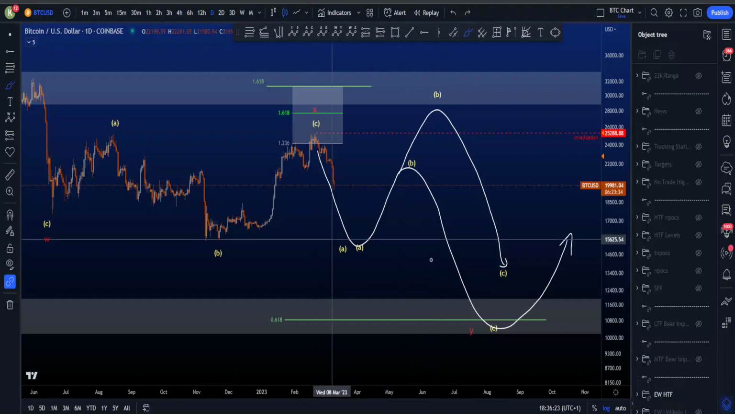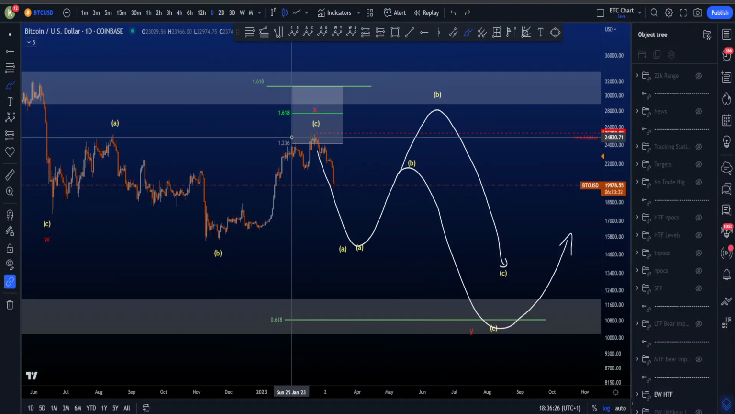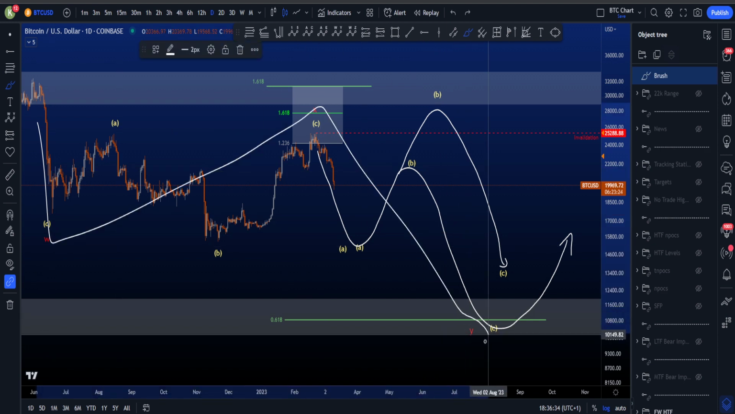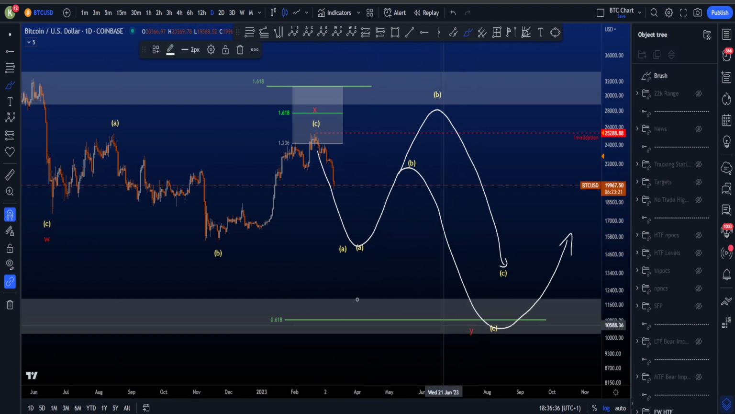Hi everyone, I'll show you my high time frame and medium time frame preferred scenario, including potential trading setups, and shortly mention my low time frame scenario as well. So on the high time frame, I'm looking for this WXY with then a three-wave structure in the Y, and